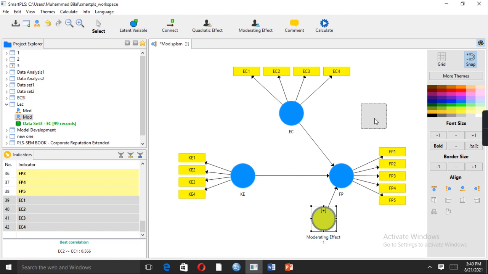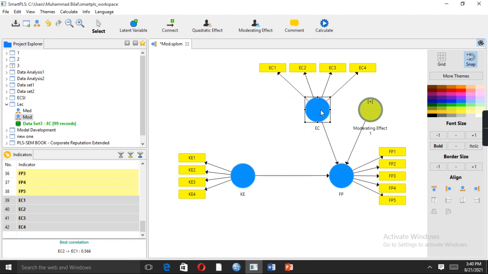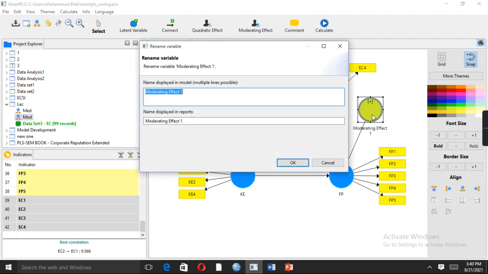This is the moderating effect. Rename this variable as well: moderating effect of EC between KE and FP.